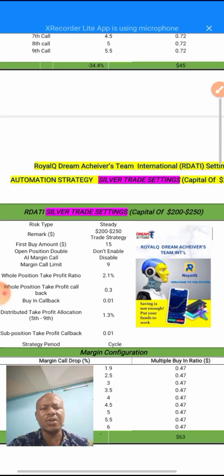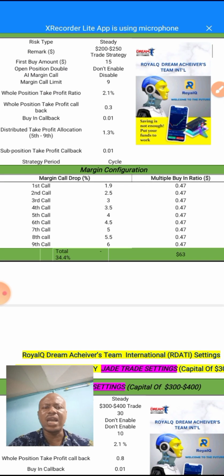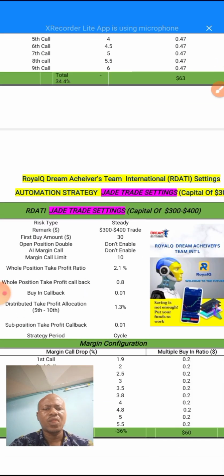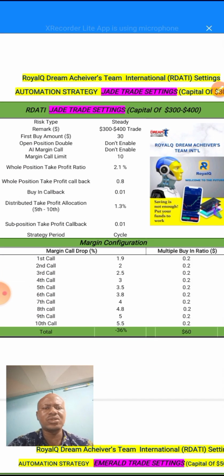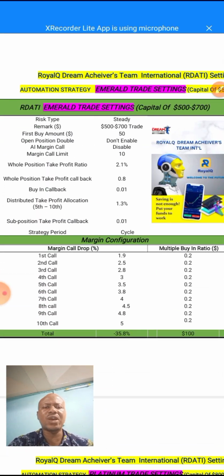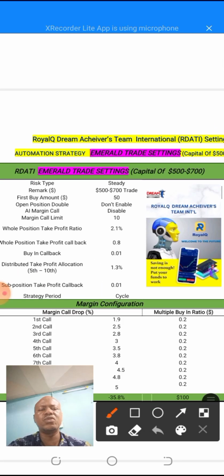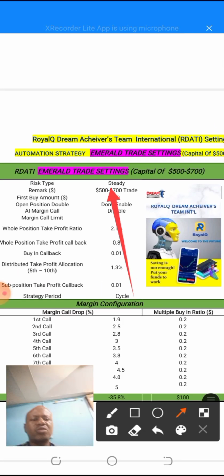If you have $200 to $250, you can use this setting that is here. I have a different video that I used to create this setting. Then if you have up to maybe 300 to 400 in your Binance or Bybit or any exchange, use this J3 setting. The first buy will be $30, because the higher the first buy amount you have, the more profit you can make. If you have up to 500 to 700, you can use $50 first buying amount. This will give you good profits, but you must make sure you have this number of